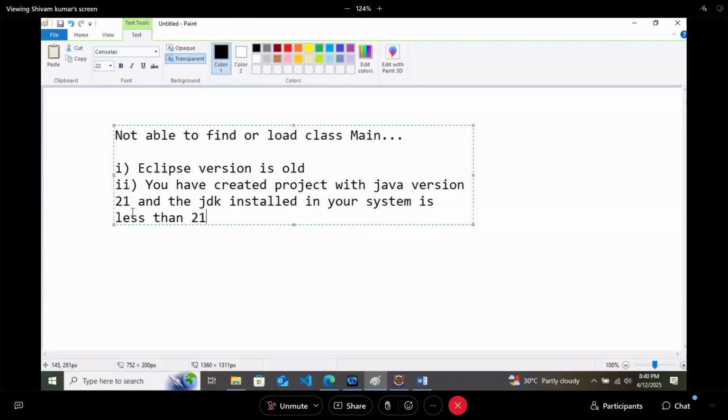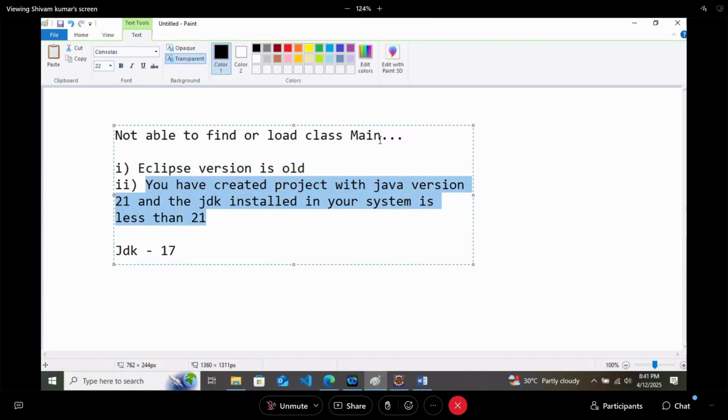You can use 17, but you should be on at least JDK 17 to use Spring Boot without any error. Now try to update your Eclipse IDE or your JDK. This error will go away.